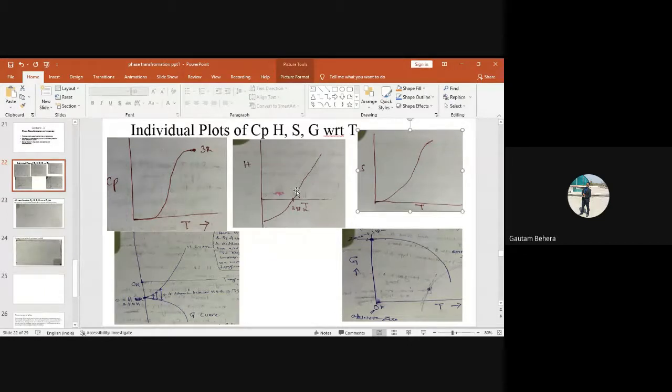Now, enthalpy is a state function. Enthalpy means heat at constant pressure, reversible work. That work should be reversible, and the condition is that the heat should be at constant pressure. So heat at constant pressure, reversible work, is called enthalpy. You have to remember. So whenever you are dealing with constant pressure and you are dealing with heat, then that heat is enthalpy. It is okay.